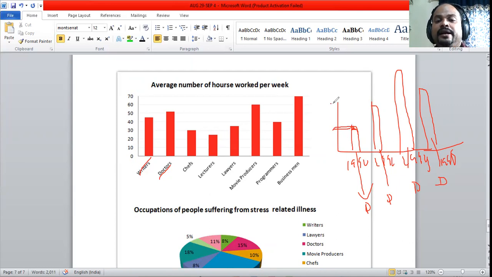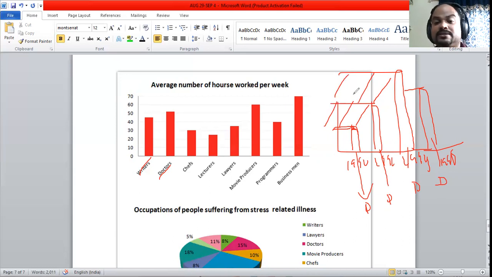It doubled, it tripled, it fell. I can say it doubled, tripled, increased, rose, grew, climbed. All these